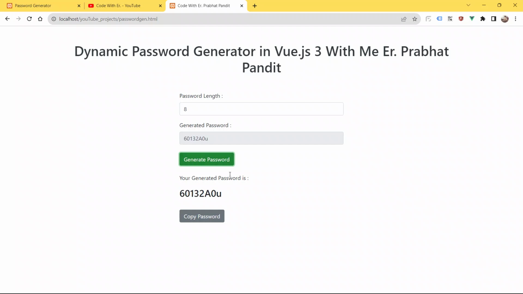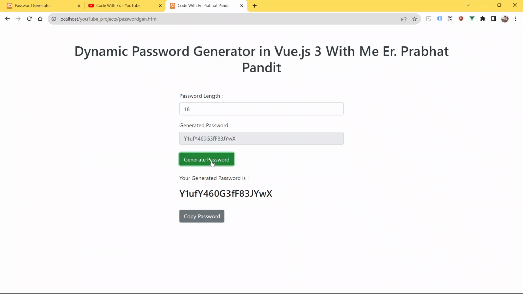See, our code contains alphabet as well as numbers. Previously it only contained alphabet, and now it contains alphabet as well as numbers. See, boom, our code is working fine. You can increase the number also. I will give 18 here and click the button generate password. See, it contains numbers as well as alphabet.